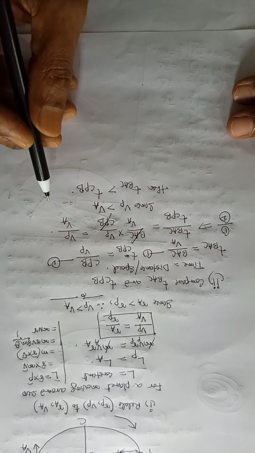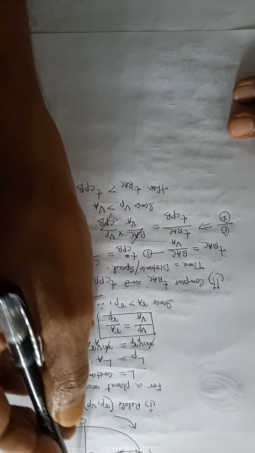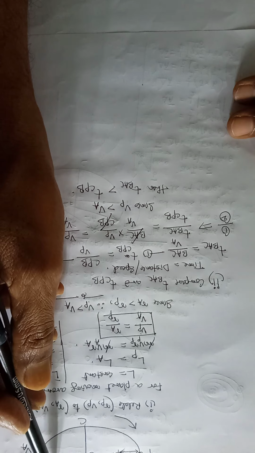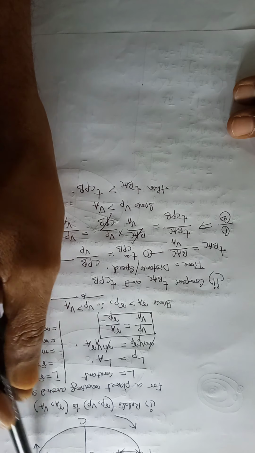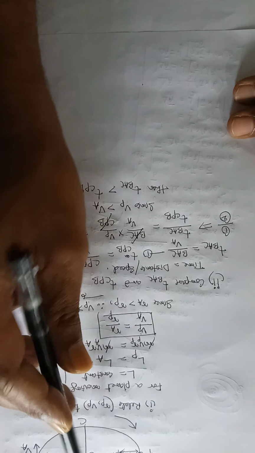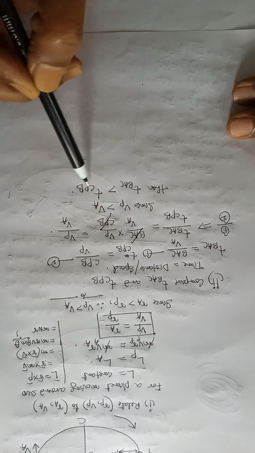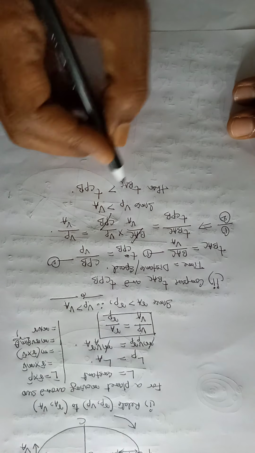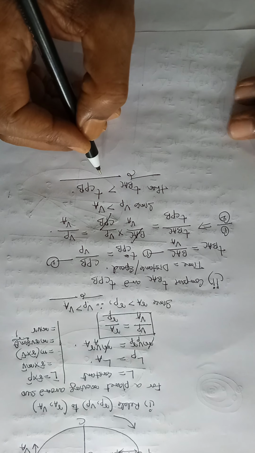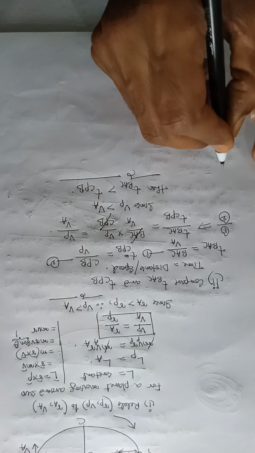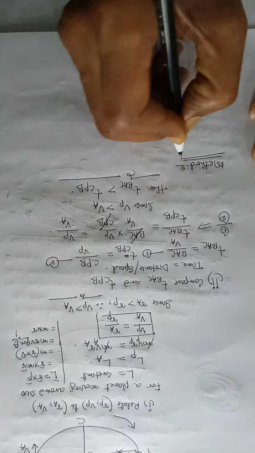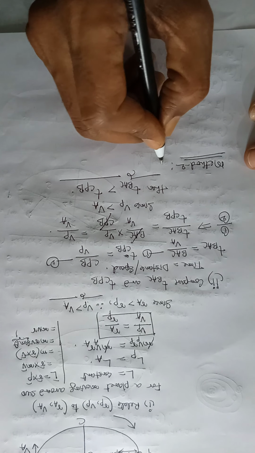See, with common sense also we can tell distance is same. Here planet will be moving slowly, therefore it will take more time. Here planet is moving fast, therefore it will take less time. The same thing is we arrived at. But we can reach this result in another way also, and that is making use of